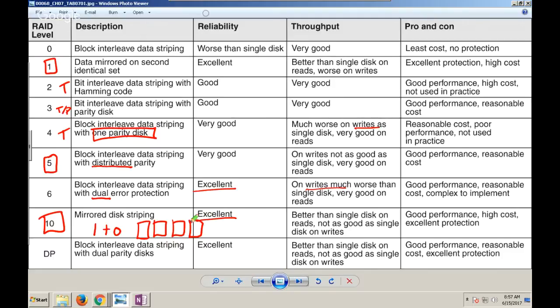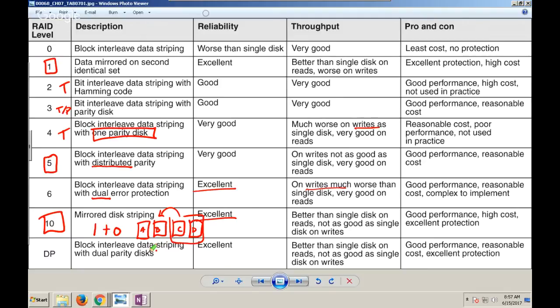Because I'm going to stripe my data between A and B here, but then these other drives, C and D, are going to be a mirrored copy of these 2. Does that make sense? It's as if I had just a RAID level 0 in A and B, but then I'm going to use RAID level 1 and make a photocopy of my RAID level 0. So I throw a lot of storage at it, but I don't get a ton of space back. We use a lot more storage than we have available to us.